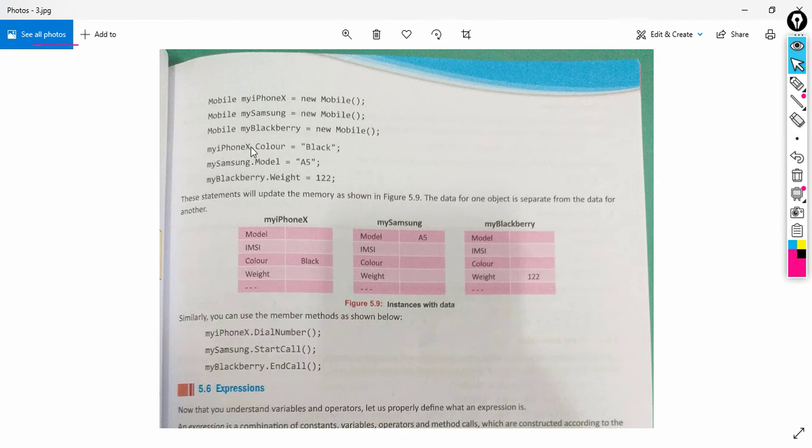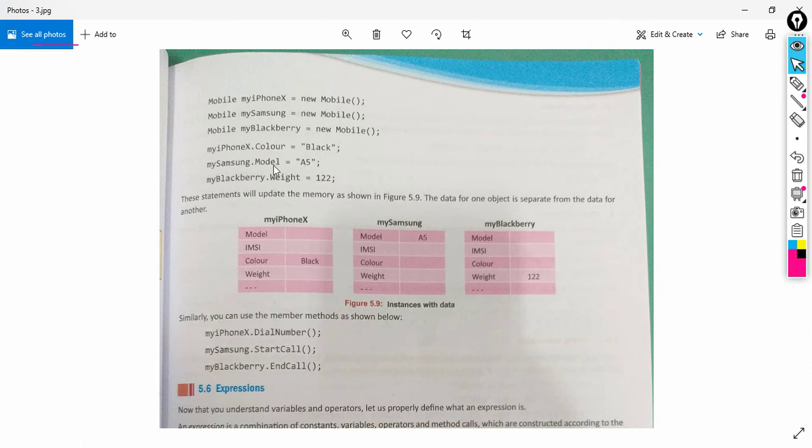So my iPhone X dot color, see, we are setting the attribute color of my iPhone X object as black. Then what about the color of my Samsung and my BlackBerry? We will assign another.